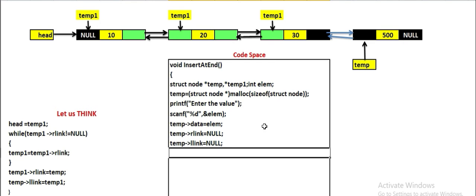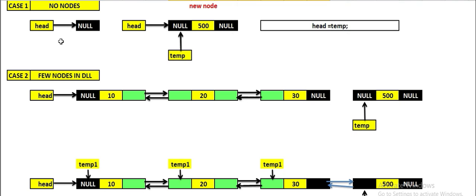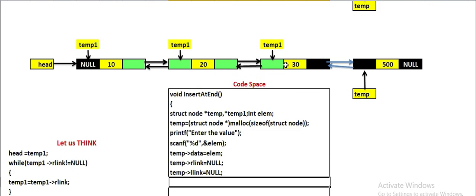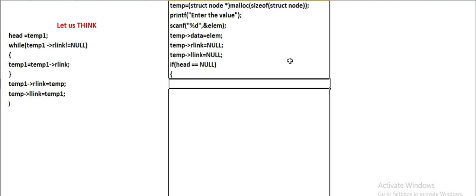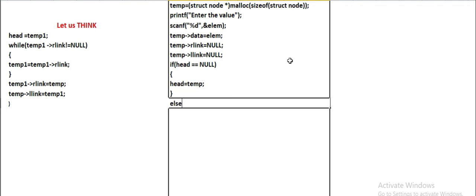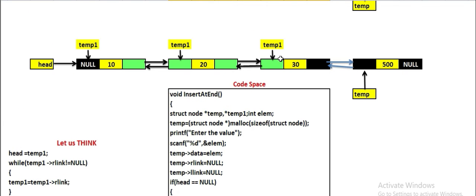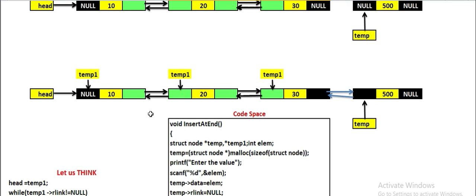Once that is done, now we need to go for the first case. We have to check that if the head is equal to null, then the head will point to the place where temp is pointing to. So we say if head equals null, it means that there is no node, so head is going to point to temp and will get one of the nodes. Else, what we need to do: